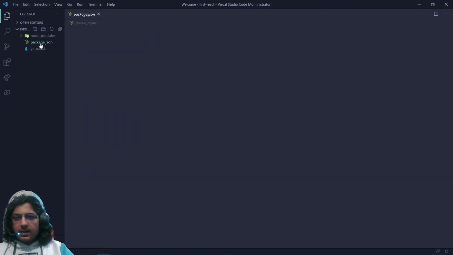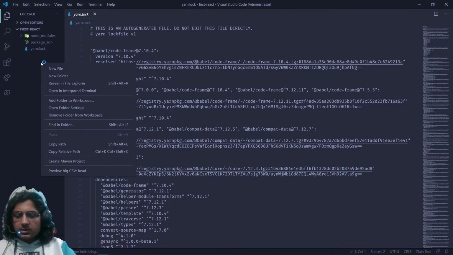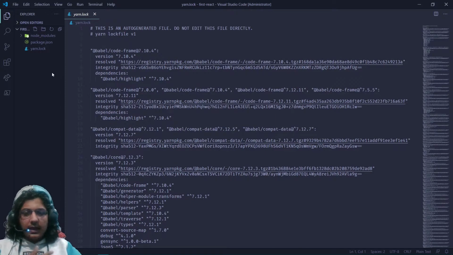See, we just have a package.json, a yarn lock file, and the node modules that we just installed. Now, we would need a minimum of two files, one would be the JavaScript file containing the components that we would create, and one would be our HTML file in which we would render our components. So for static stuff like the favicon, the manifest.json, or index.html, which is also a static one, we